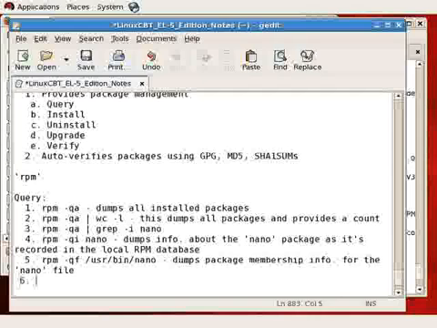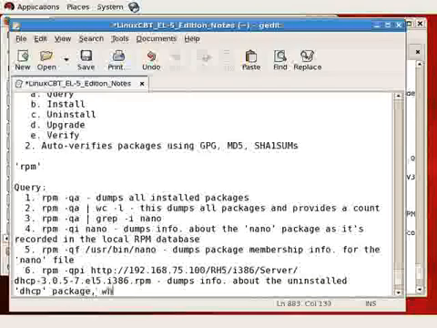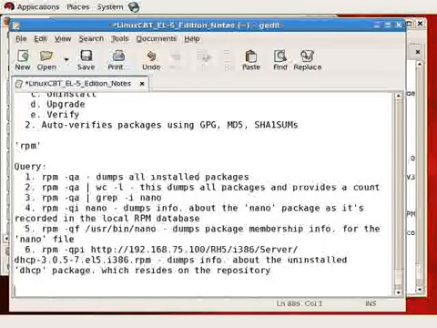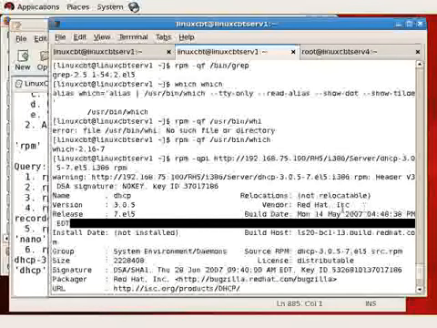However, as a sixth option, RPM query package info followed by the URL that we've just pasted dumps info about the uninstalled DHCP package which resides on the repository. That's the HTTP repository. The information is similar to what you'd see when you execute RPM query info against a